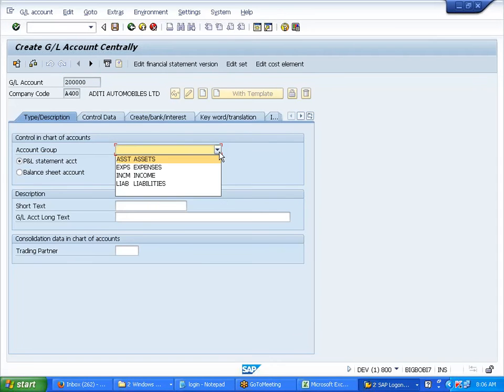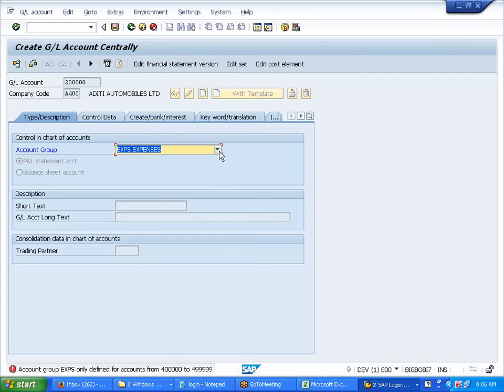So now see. Is it expense? No. Is it income? No. Assets. Yes, assets. It's a balance sheet. Bank, whatever bank, Chase or whatever bank you call. Now same thing.